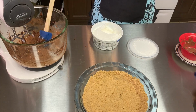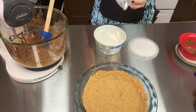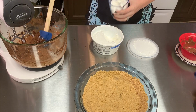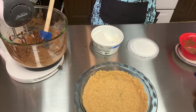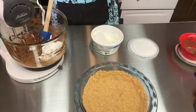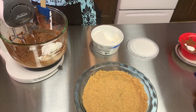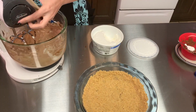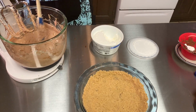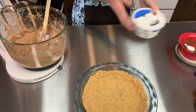And this I've had sitting out for just a tad while I've been doing other things, while that's been cooking. I don't think it's gonna hurt it if there's a little excess. So let's put that in there. I feel like a fish out of water right now. Next, this just goes in that pie crust,